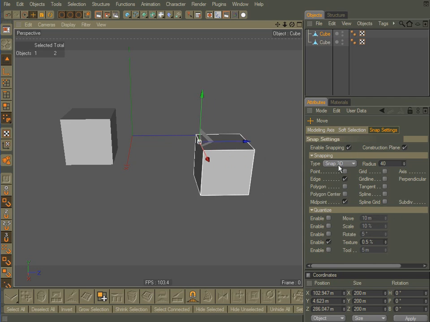You probably will find, if you work in perspective mode, you will have the greatest degree of success and precision in snapping where you want it to go if you work in Snap 3D mode. There's several other modes here, and I'm not going to get into them, but